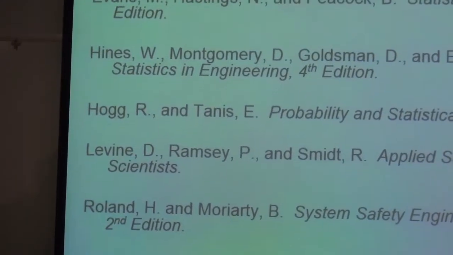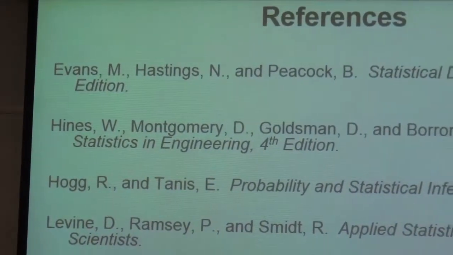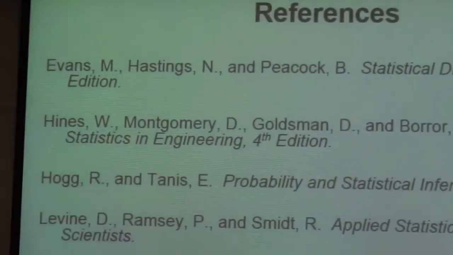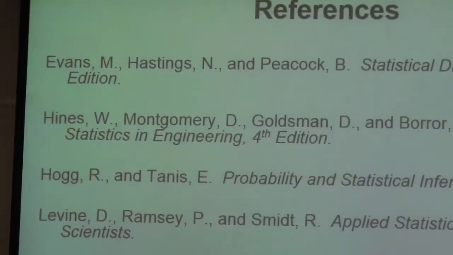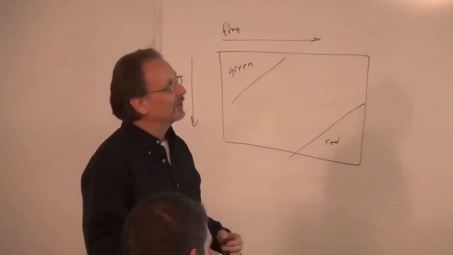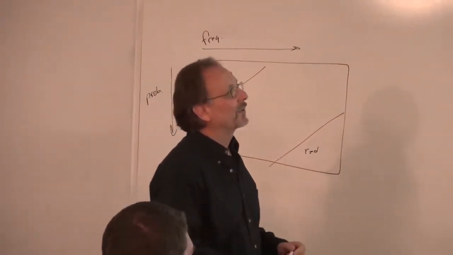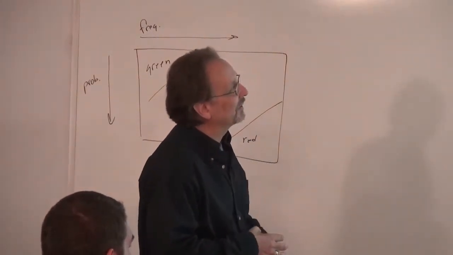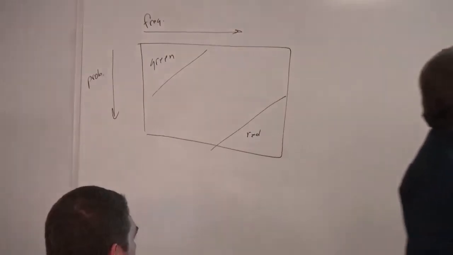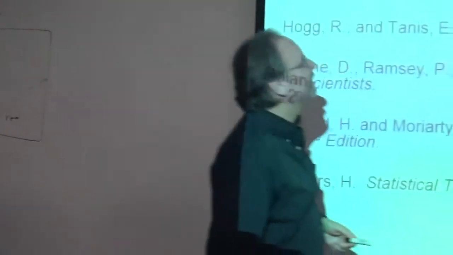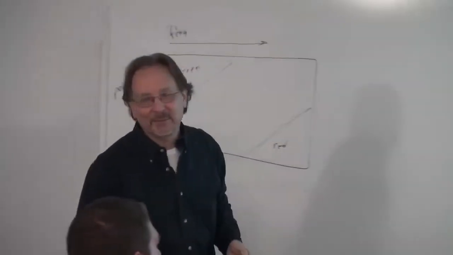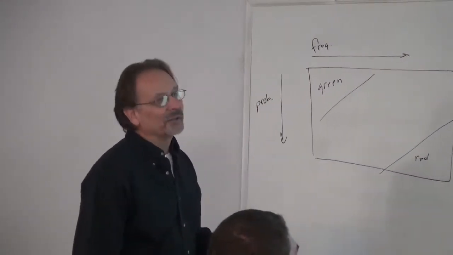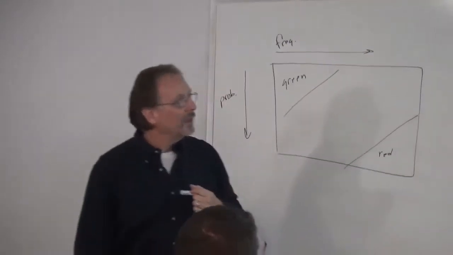The Evans, Hastie, and Peacock is more of a reference. It has every probability distribution that you can think of. There's probably about 30 or 40 of them in there, and it's in a reference book type of arrangement. It's in alphabetical order, and you flip through it. There's about a 3 or 4 page summary for each one of the probability distributions. Peacock was in our department for a while. He told me this is the most boring book ever written. Well, if you sit down and try to read it, yes, it puts you to sleep in about 30 seconds. But it's a good reference book. So for what it's worth, that's my assessment.